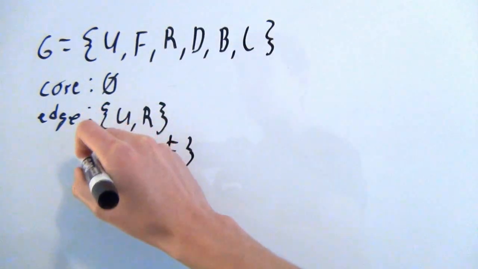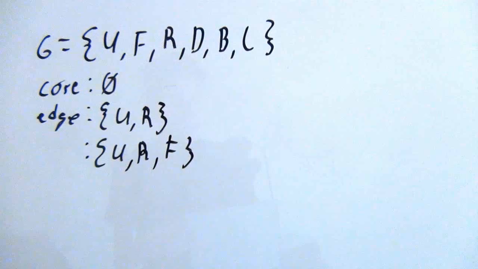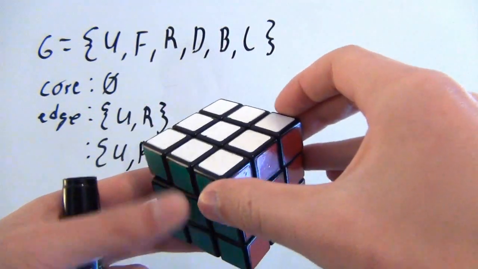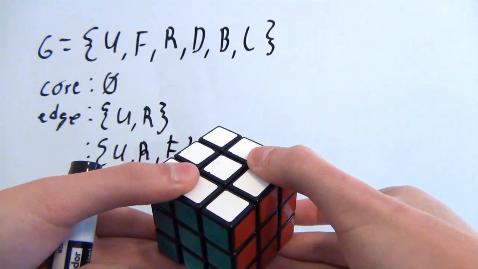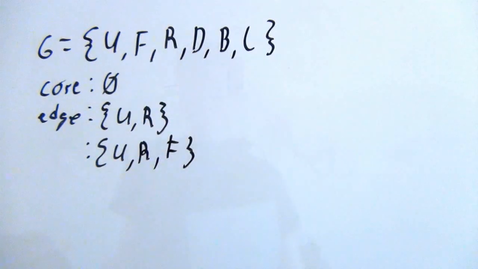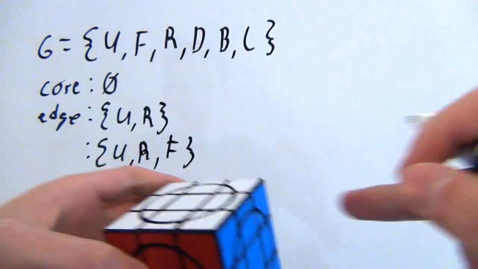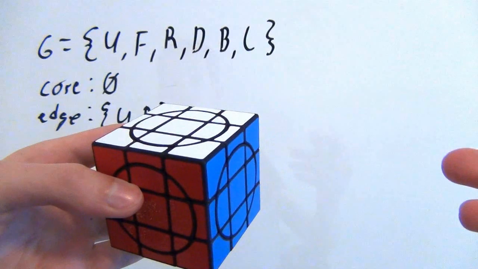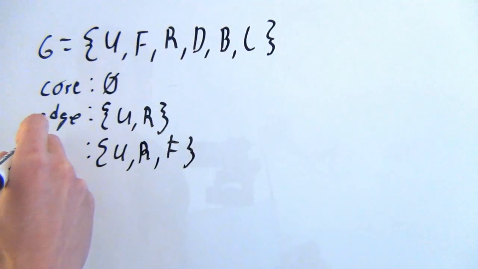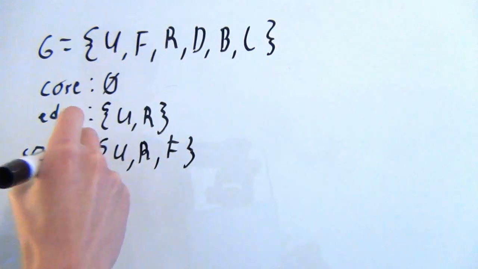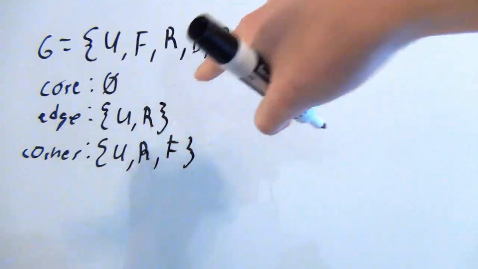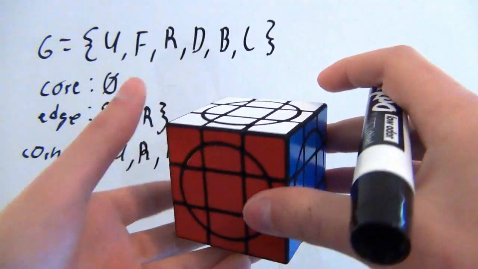Well, that seems oddly familiar, and actually, when we looked at the corner piece on the 3x3, it also moves with those 3 grips, and it doesn't move with the other 3. So it turns out that this piece, which looks like a corner piece, actually is a corner piece. So we do have the 3x3 corners in this puzzle. Okay, so we have a core, we have 3x3 edges, we have 3x3 corners,